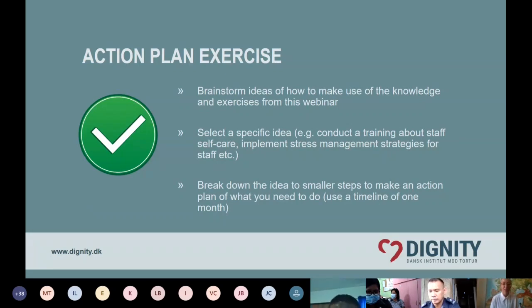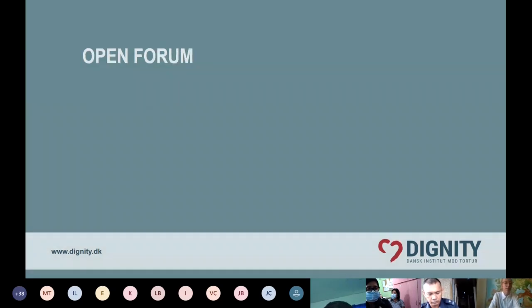So if you have questions of how to do this action plan exercise, please type them in the chat. But I have a feeling that you get the sense of the exercise, so the action plan. And this now leaves us with the open forum. But let's just see. I'll stop sharing my screen now, and then I'll just